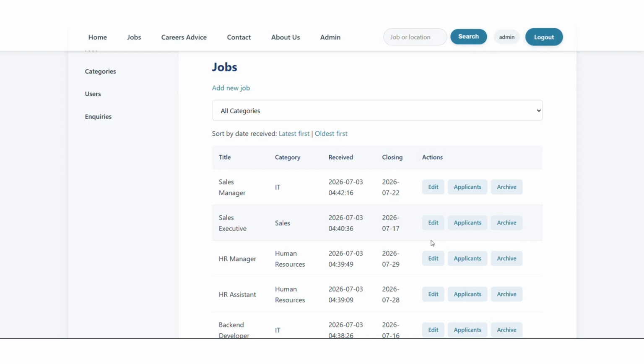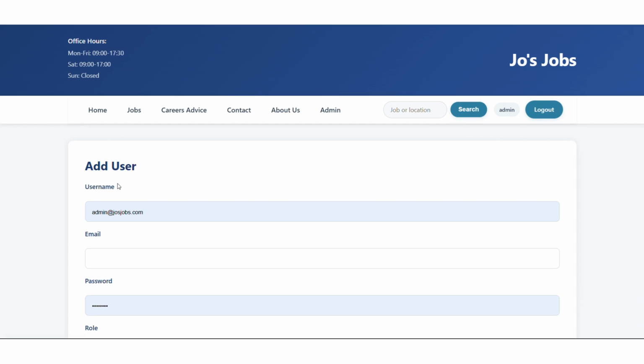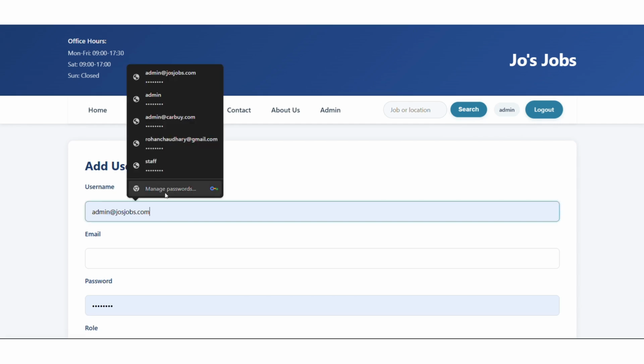Now let's move to the admin user management. Administrators can manage user accounts. Let me demonstrate adding a new user. Here I have already filled it in, so I am only submitting.